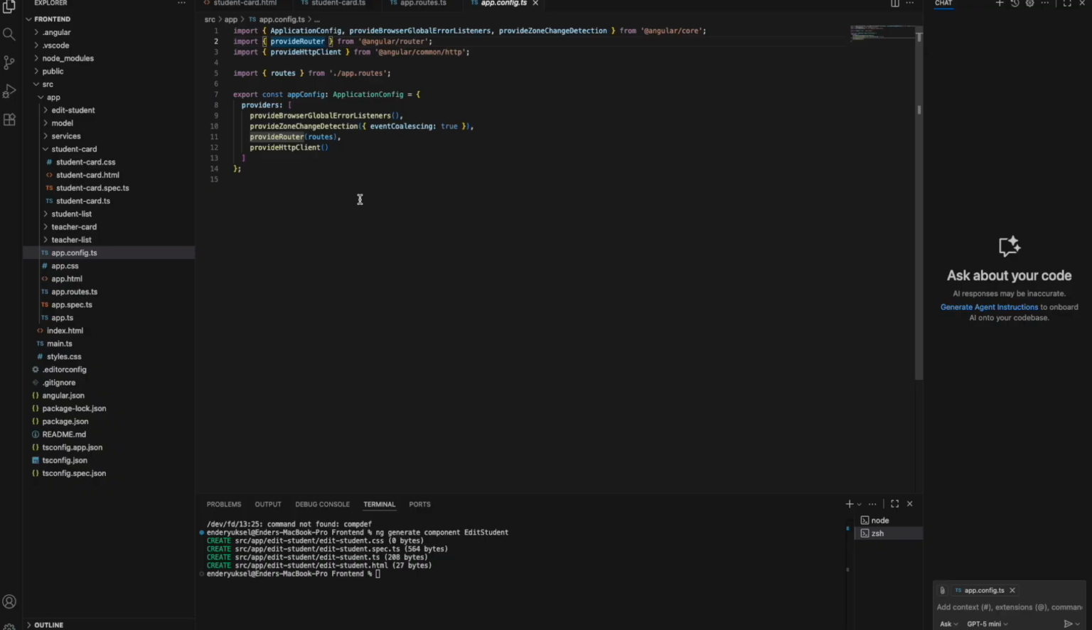Application config, as you can see, is actually an object, a configuration object that tells Angular how to start up our application. It's used in main.ts when the app launches. And then you can see inside the application config, there's an array called providers. What it does is it registers application-wide services and features. So in this array, the first line you see is this